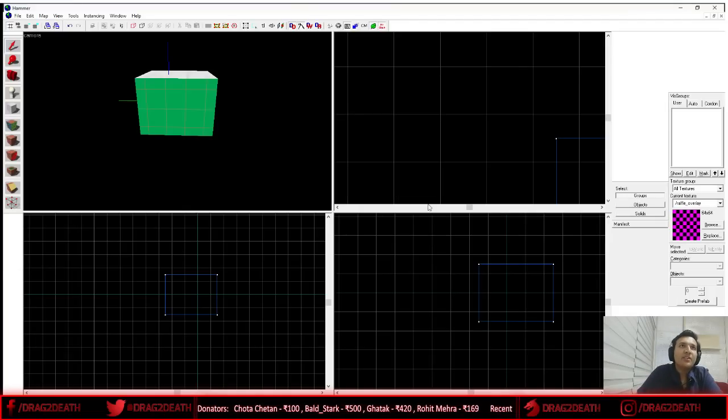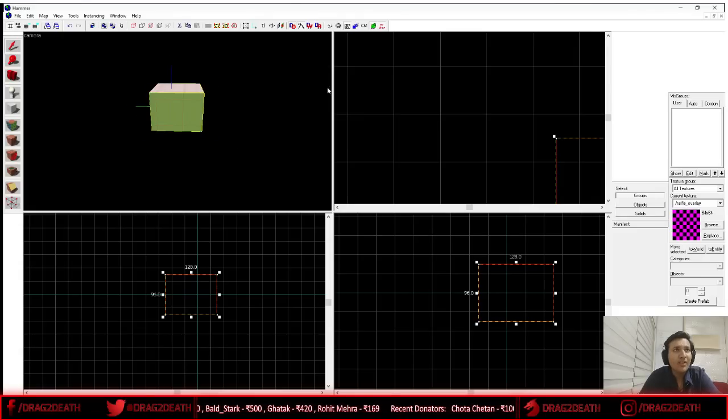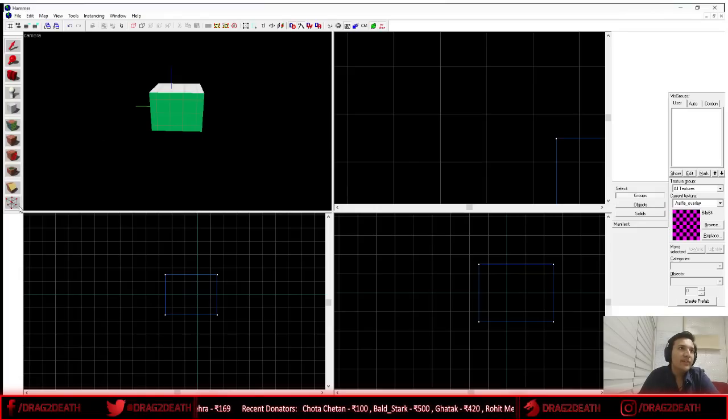Alright, so coming back to the map, as I said, we are done with these 4 parts of it: the camera, front, side, and the top view. Coming to the tools, we have the vertex tool, clipping tool, and the water overlay, sorry, and the decal. Those are a bit advanced. I'll teach you guys that later. Today we will deal with the selection tool and the block tool and the texture